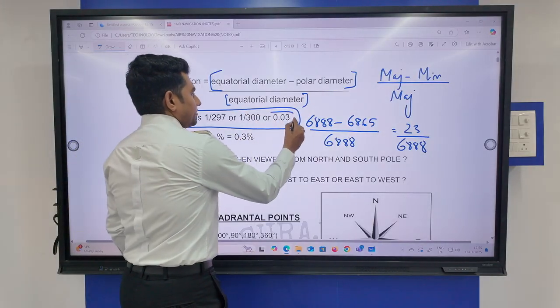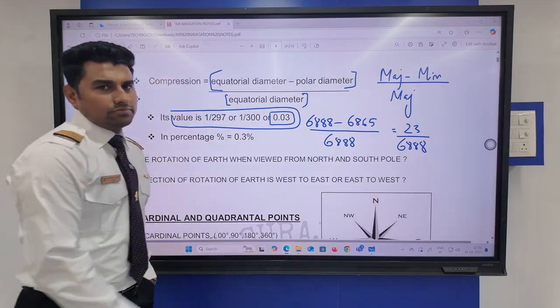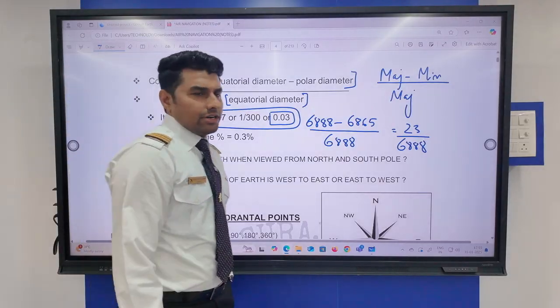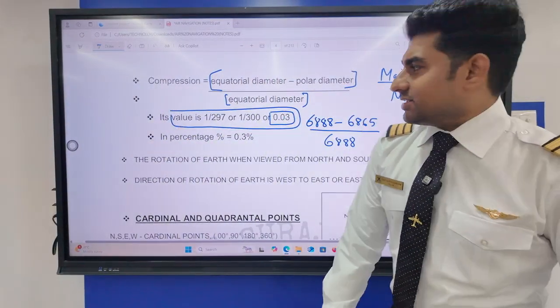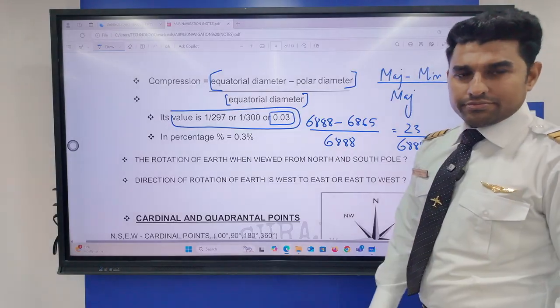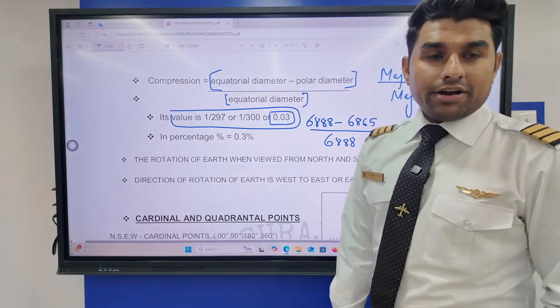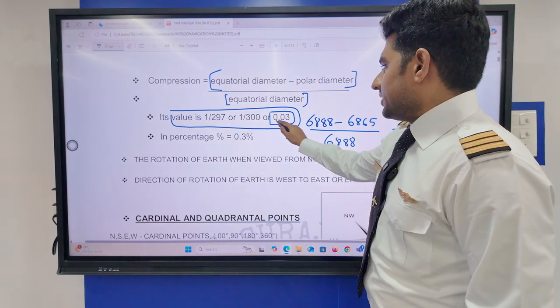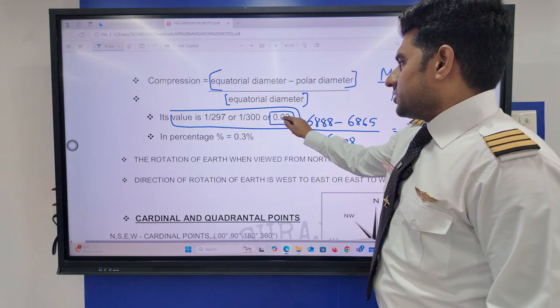Is this value correct? It could be a misprint, but is that value correct? 1 upon 300. Is it 0.03